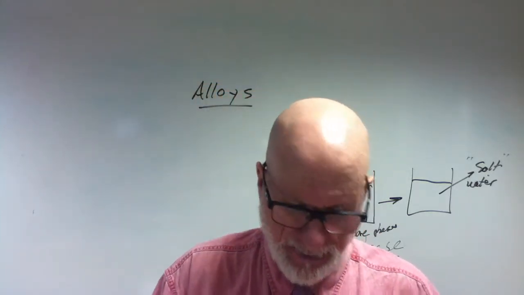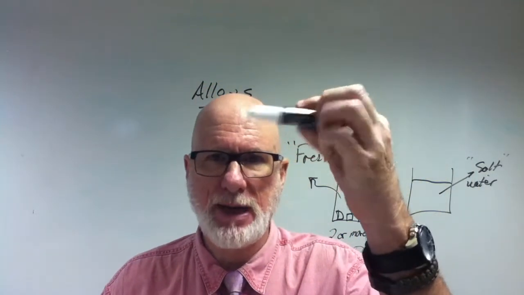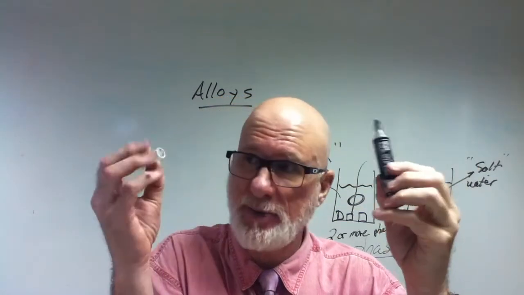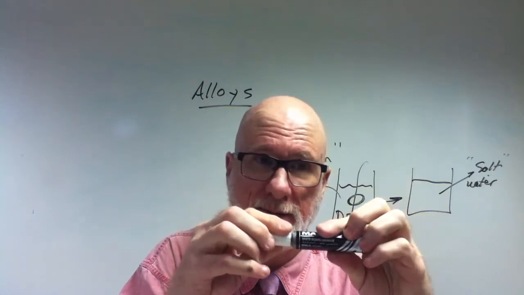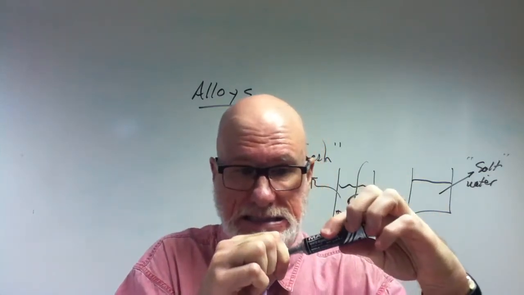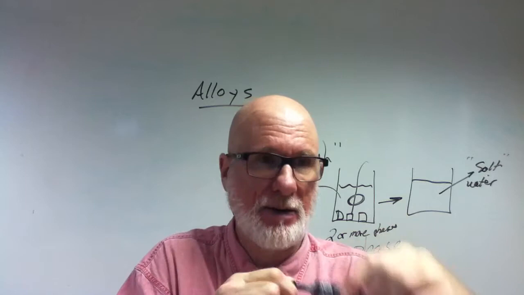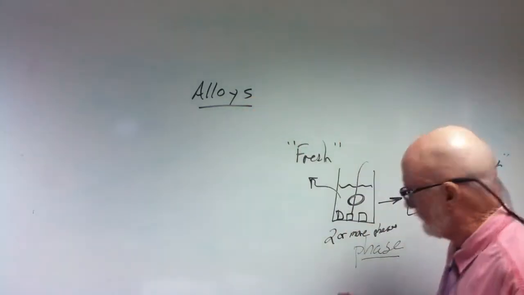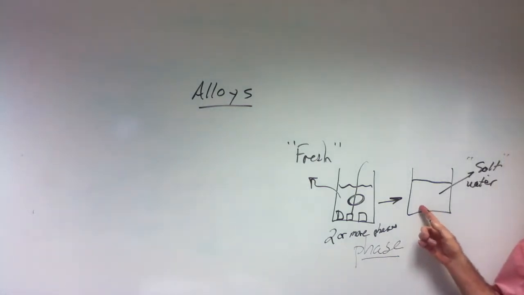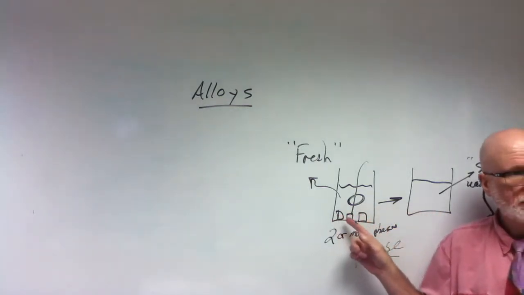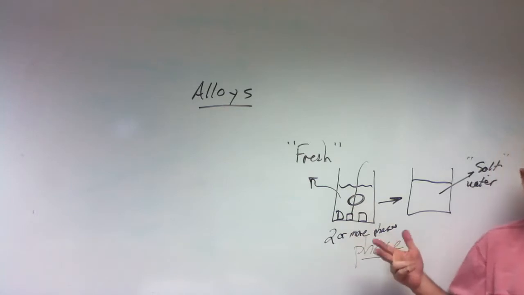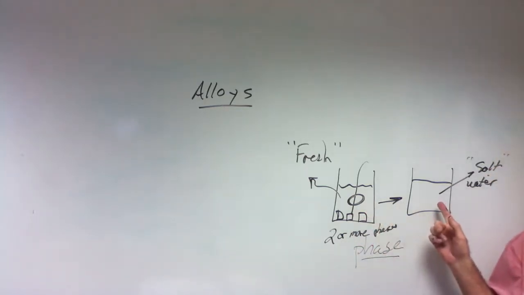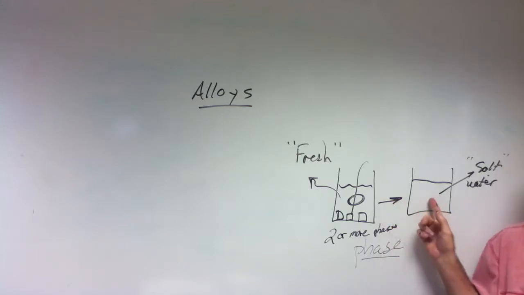Like, how many physical boundaries am I holding in my hand? Just one set of physical boundaries, right? Right? That's 2 sets of physical boundaries, right? Right? I pull this out. Is it physical? No, I don't know. Physical boundaries, yeah, physical boundaries. Like in here, I only see water. It's only one phase. Here I see different salts and I see water, so I could have 2 or more phases, right? When you take 2 or more phases and combine them into one phase, that one phase is called